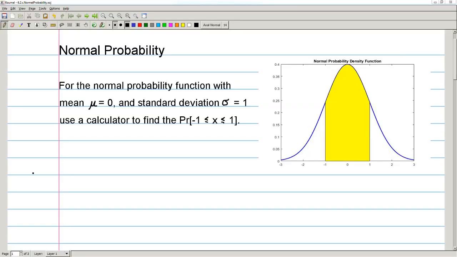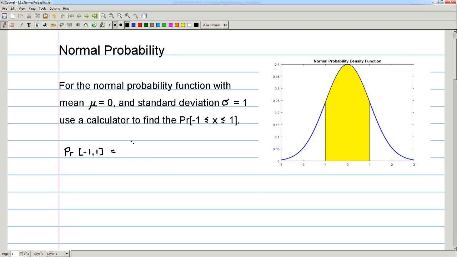Let's work through an example together. For the normal probability function with mean mu equals 0 and standard deviation sigma equal 1, use a calculator to find the probability that negative 1 is less than or equal to x is less than 1. Now, we can write out that the probability that the event occurs in the interval from minus 1 to 1 is equal to,